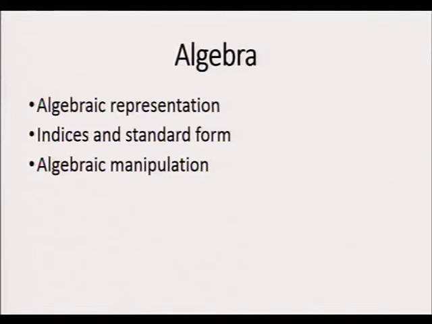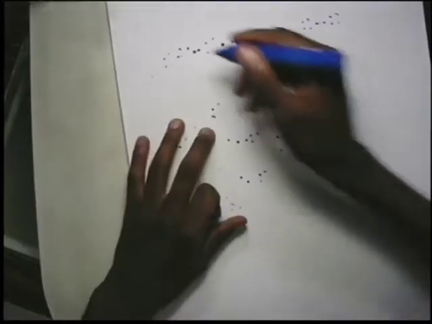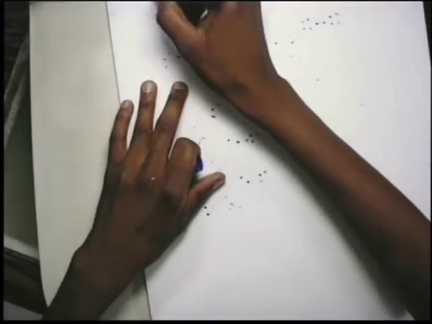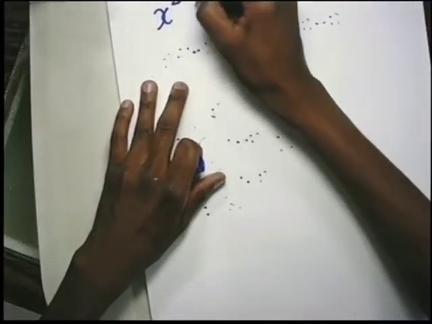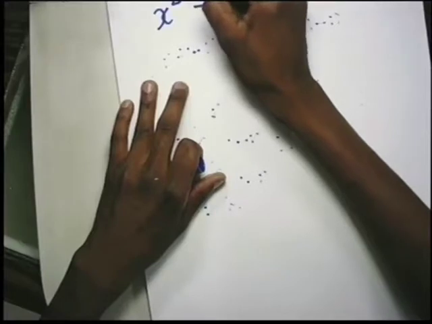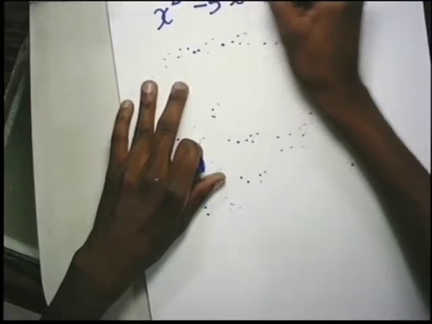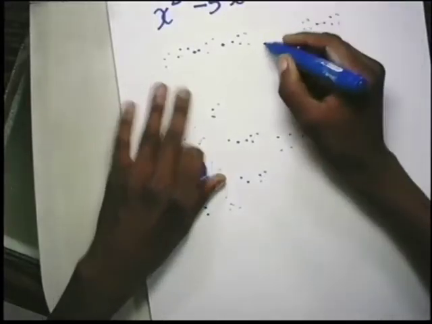There are different ways you can complete the square. These are the most troublesome areas that learners find difficult. So when you are given, for example, let me say you are given an expression, x to the power of 2 minus 5x plus 6. Now you can be asked, for example, to